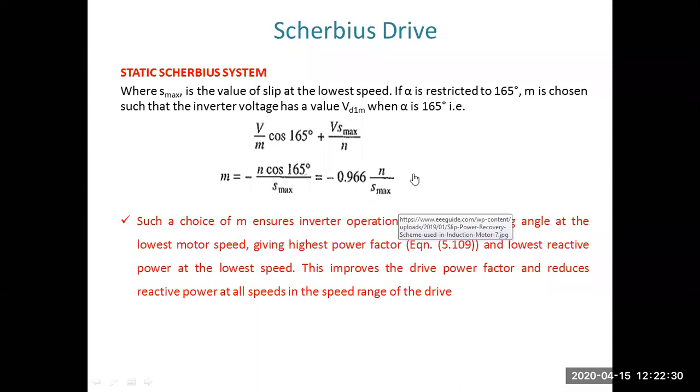So here you can see this thing. Such a choice of M ensures inverter operation at the highest firing angle. First thing is that ऐसा करने से मुझे क्या फायदा हो रहा है या क्या बेनिफिट हो रहा है. एक तो मेरा बेनिफिट ये है कि मैं हाईएस्ट फायरिंग एंगल के ऊपर इन्वर्टर को ऑपरेट करवा सकता हूँ बाय चूजिंग केयरफुली द वैल्यू ऑफ एम।